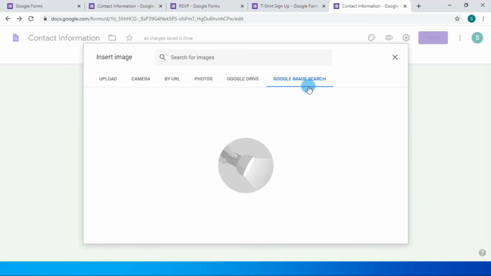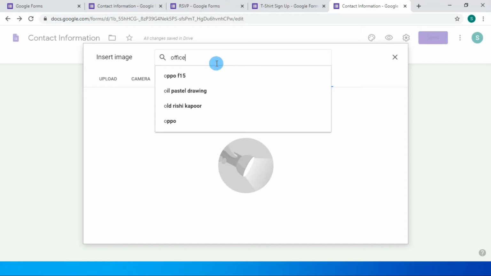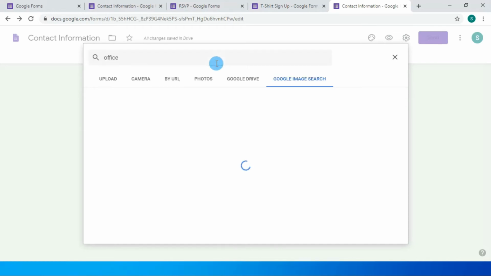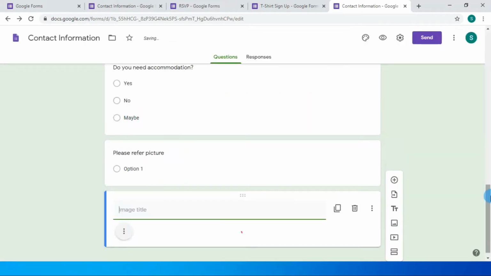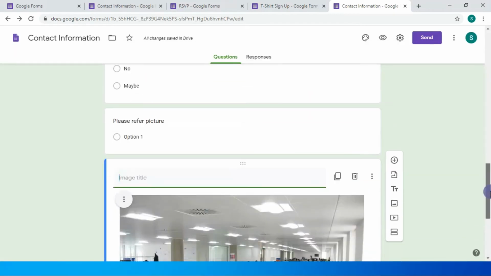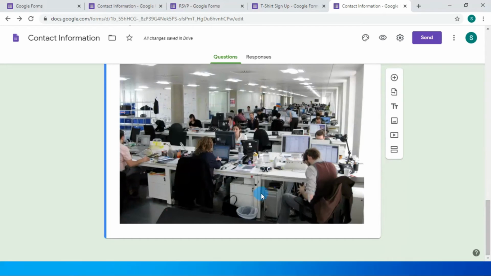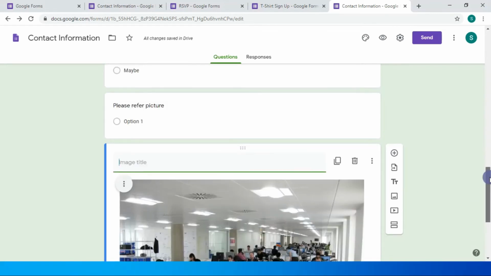So we will select this option and search office and press enter. Here you can see that various images are available to add to our question. We will select the first one. It's loading. So you can see that it is available with our question.